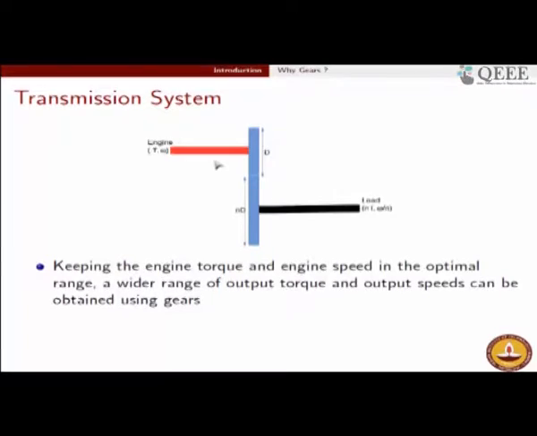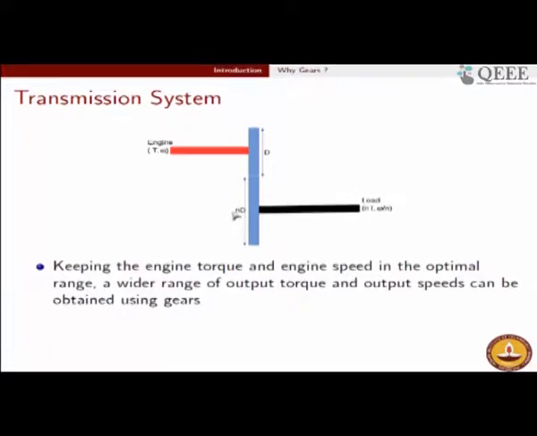We attach to this engine output shaft a gear of diameter d, and engage it with a larger gear, the diameter of which is n times d. The size of the gear mounted on the engine output shaft is d. The size of the gear which is in engagement with this gear is n times d,